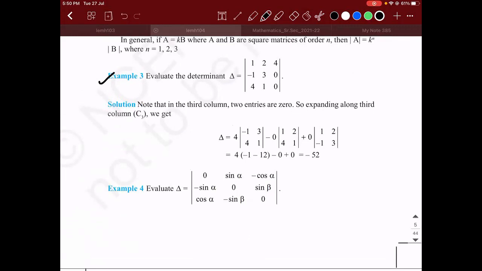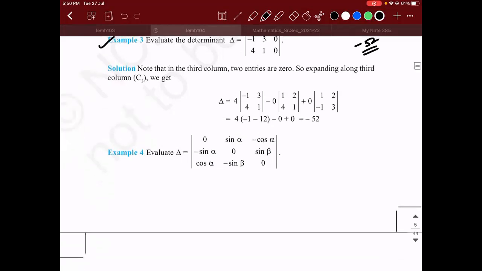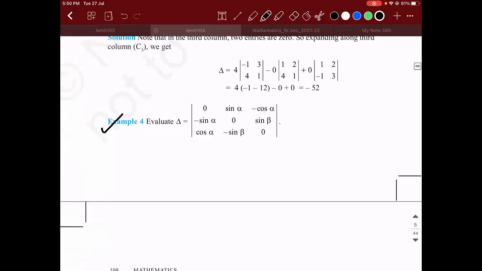You can find it in one step by finding the determinant with respect to the third column. So 4 into minus 1 minus 3. That's it. Sorry, minus 1 minus 12. So it will be minus 13. So it is going to be minus 15. Do this stuff. Make it fast.